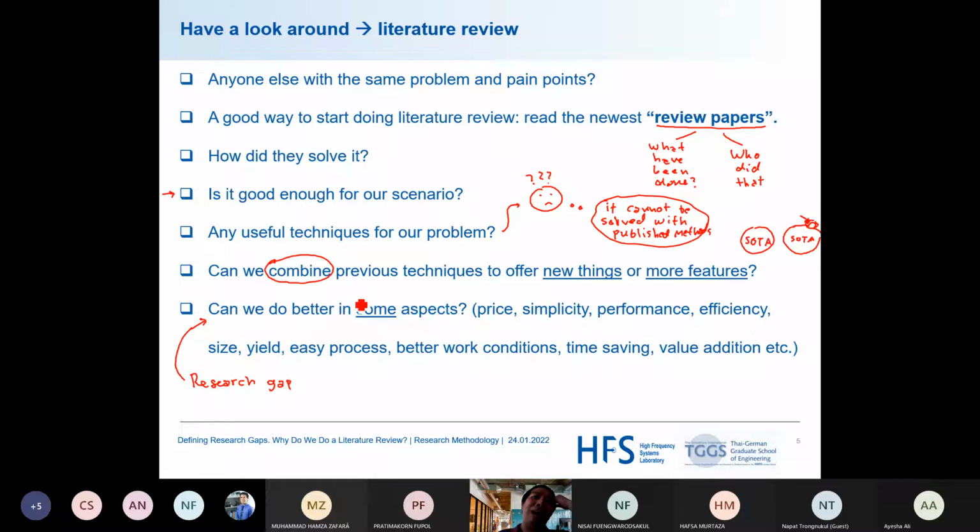So after you have looked around, after you have done all the literature reviews and pinpointed your problems, now it's time for the final question to ask yourself: can you do a little better? And as I said, in some, not in all, for God's sake, not in all aspects, in some aspects. So focus on that aspect, whether it could be lower price, whether it could be simpler production,